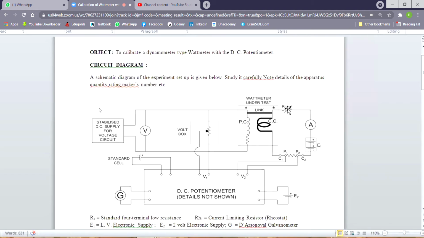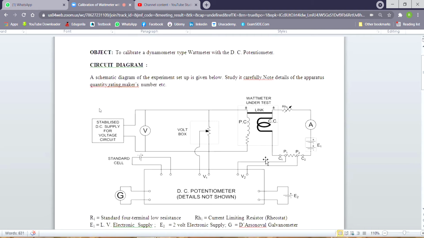A rough estimate of current can be found from the ammeter also. The actual value of the current will be found from the potentiometer reading, which gets a voltage drop through a low resistance. So the wattmeter multiplies the pressure coil voltage with the current coil current, and we get a power reading. Now, what is the advantage of that scheme?